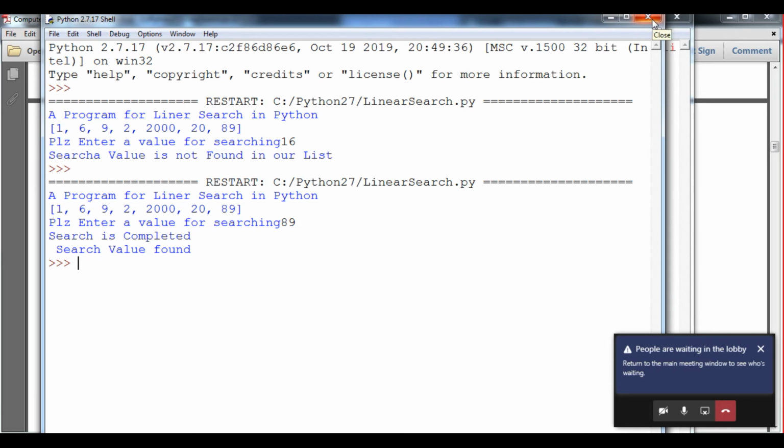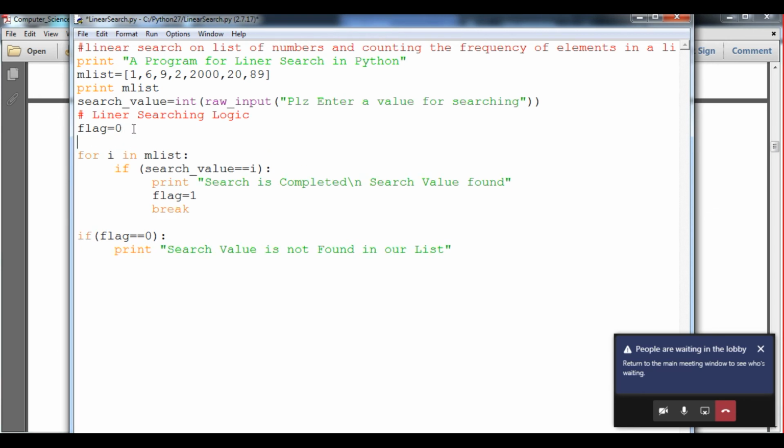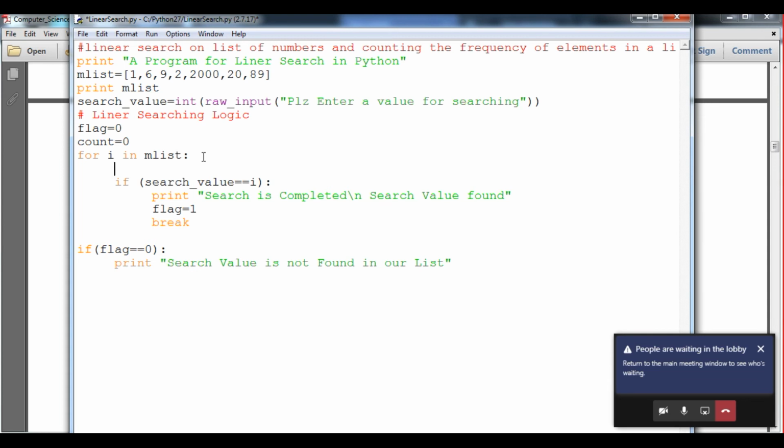So students, we can also count how many tries it takes for our search value to be found at a particular position. To do that, we use a counter variable, count, which is 0 first. Then, as the loop goes on, we do count plus equals 1.